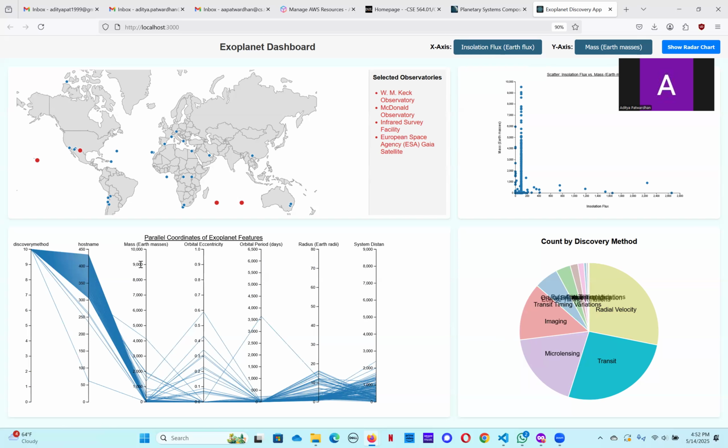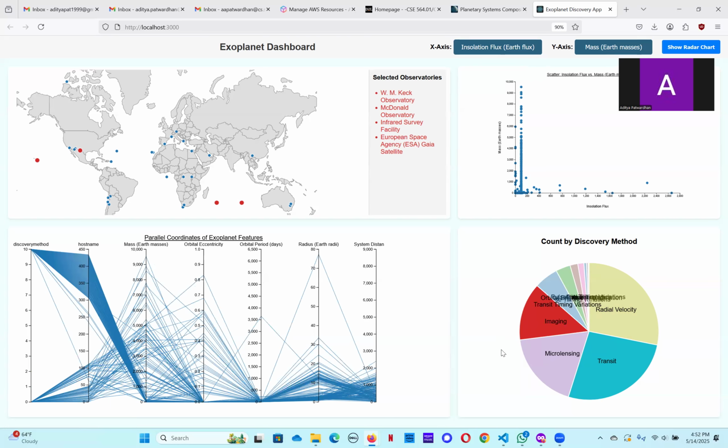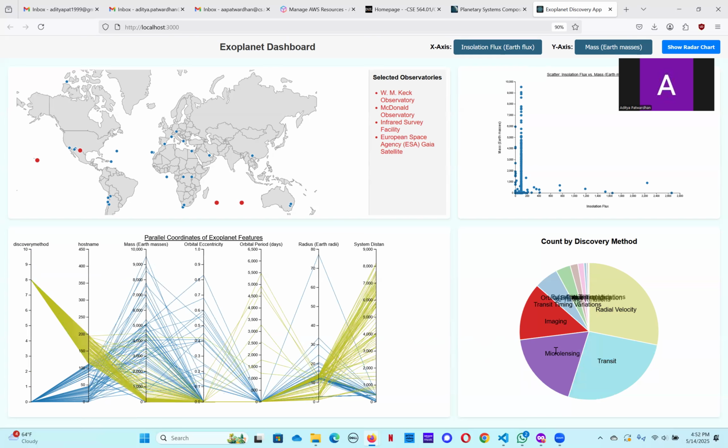So if we select transit, then we can see all the planets which were discovered by transit. If we select imaging, here is imaging, so planets selected by the imaging, microlensing, etc. All of these are the things. Then, as you can see over the PCP, which I've already introduced,